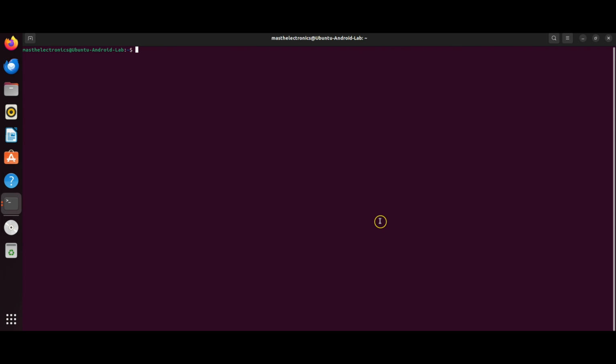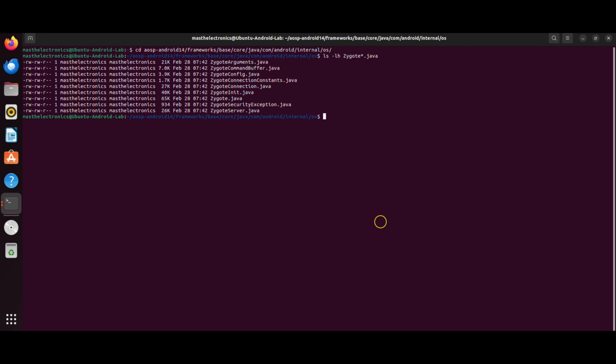Let's navigate to Zygote source code. Remember, we downloaded the entire AOSP tree back in episode 4. This directory has all the Zygote Java code. Let's see what we have got. 9 files. Let me break these down. There are 4 main files, the big ones that do the heavy lifting, and 5 supporting files. The 4 main files are